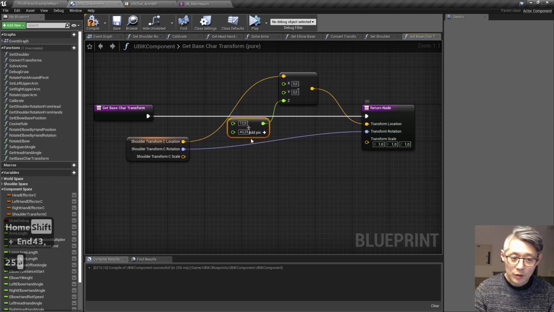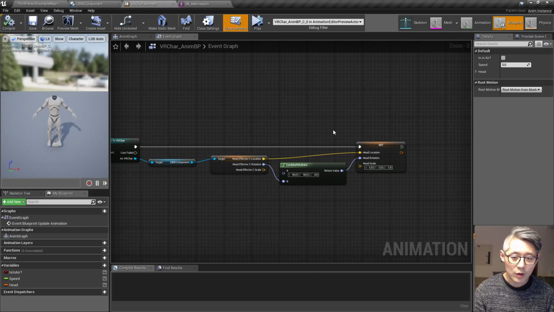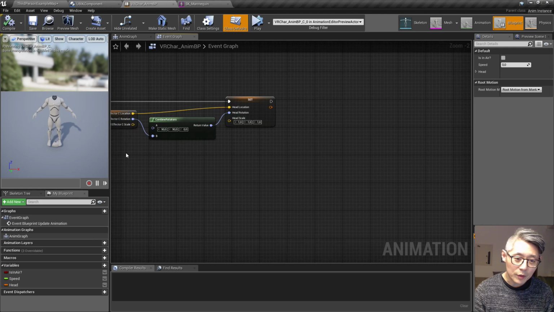So what this base character transform is now is it's actually the pelvis location that we are finding here, and the rotation is well, it is a base shoulder rotation, but yeah, I'm gonna explain that a little bit closer in a moment. So let's switch for now into the VR character anim BP, where we have this part here, and we're gonna get the